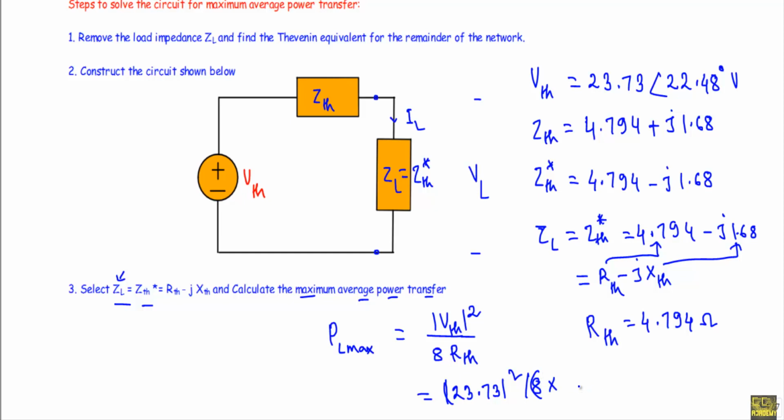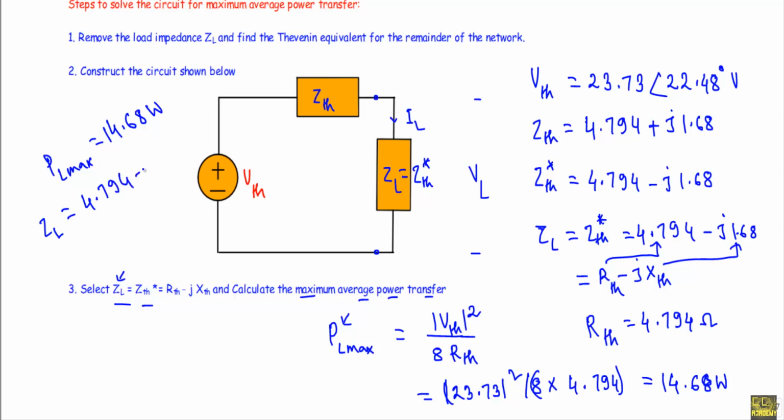Here RTH is 4.794. This will be equal to 14.68 watt. Okay, the value of PL max will be 14.68 watt, and the value of load impedance should be equal to